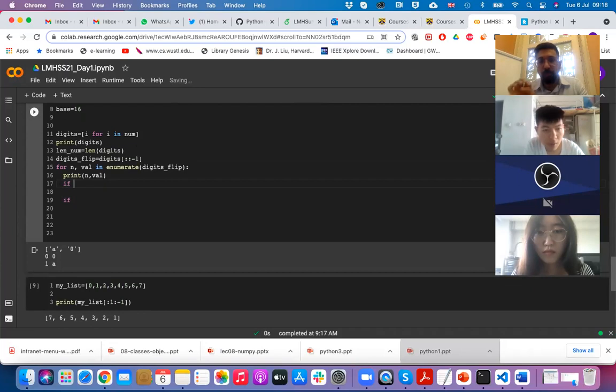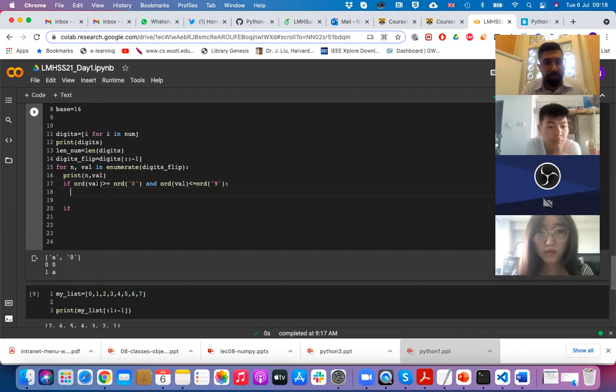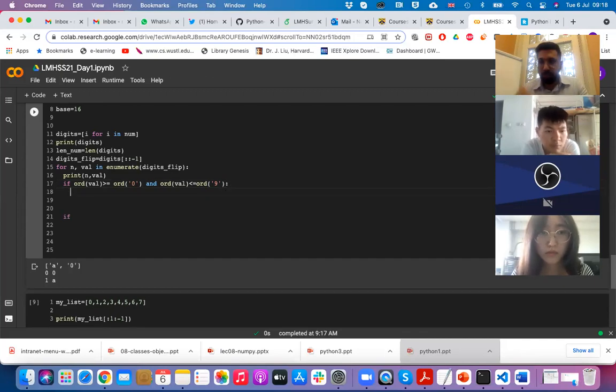But one other thing, we have to make it separate. So I will say that if ord of my character, which is well, is greater than or equal to ord of 0, and ord of well is less than or equal to ord of 9, then I know that it's a digit, right? It's a number from 0 to 9. Okay, then what do I do? Then I treat this as,